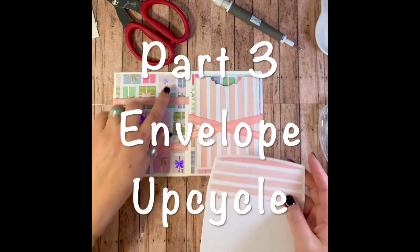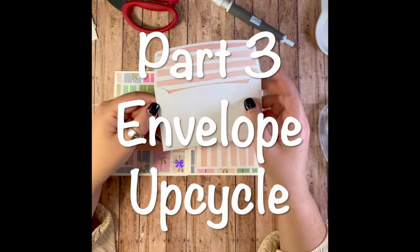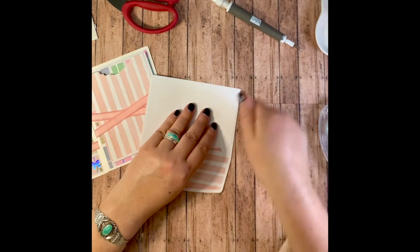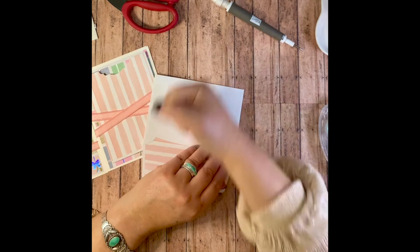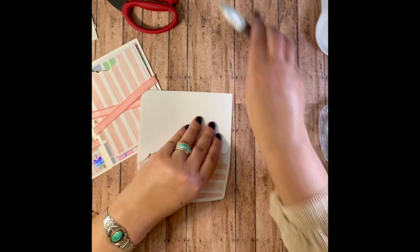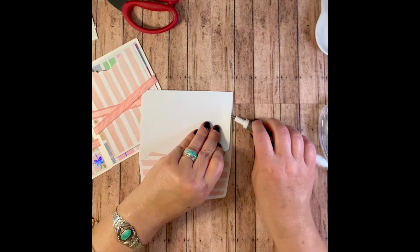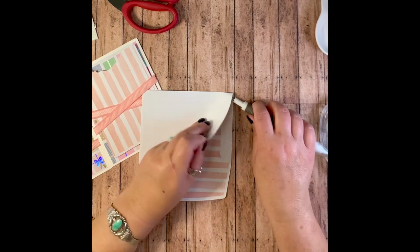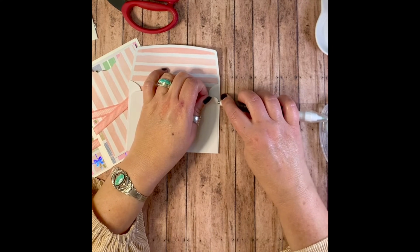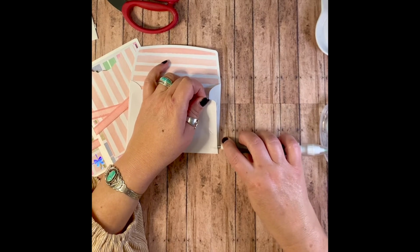Looks nice with this Blushing Bride. But this was a regular envelope. So all I did, just to change it up, if you have your heat tool and just heat that, it'll pull up without looking messy, like it was pulled up. But just gonna be quick. So if I take this apart like this, oops, oh no,